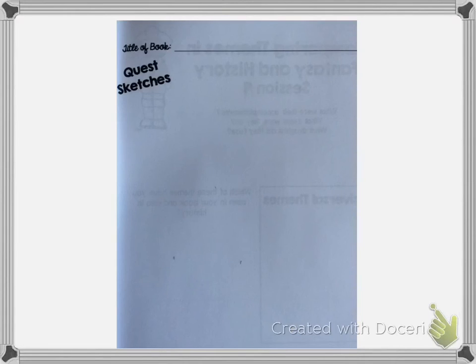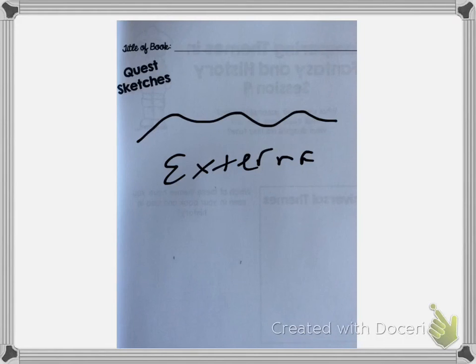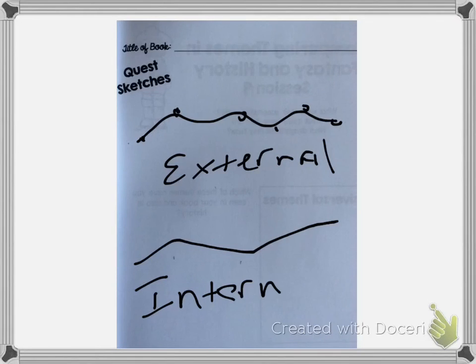And in this page of your booklet, I want to see if you could sketch out some of those quests. See if you can come up with what your external quest would look like if you were to plot some points of this external quest, and what the internal quest might look like as you go along, and tell me what's happening in the story with your characters. So I would like for you to do that in your booklets today and then upload so I can see what's going on.